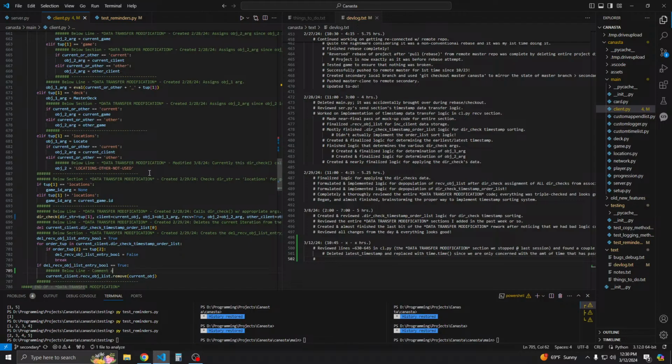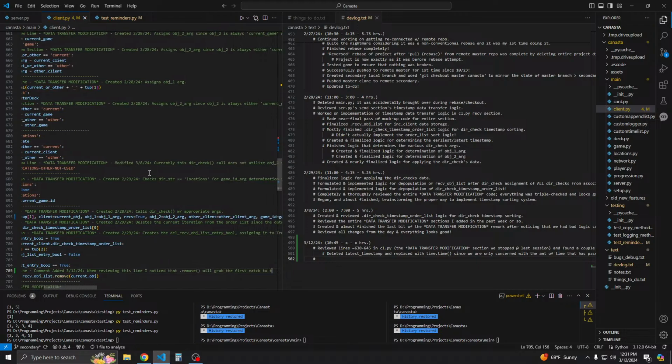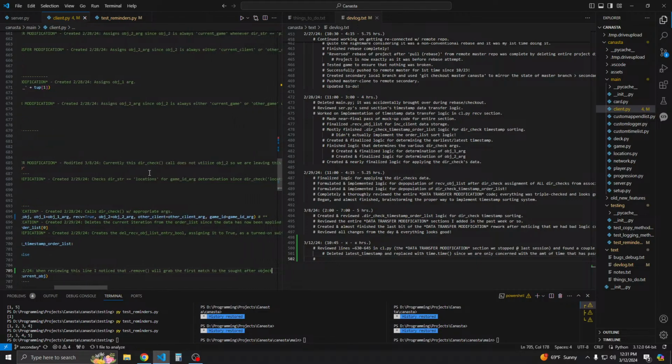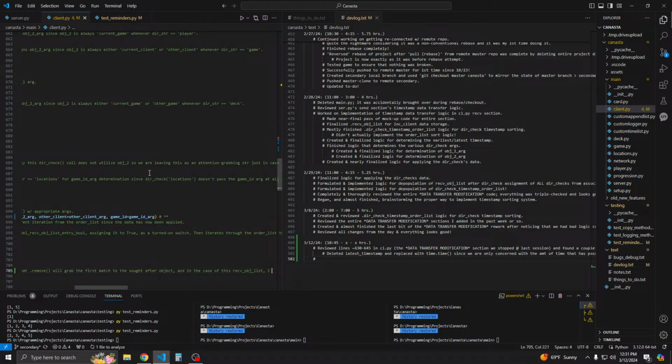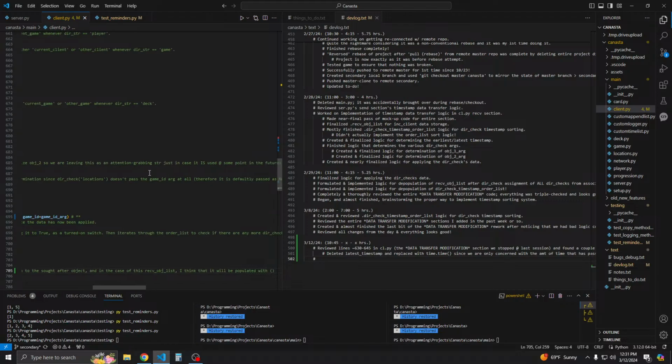So we'll say below line comment added 3/12/24, and then we'll put: when reviewing this line, I noticed that remove will grab the first match to the sought after object, and in the case of this receive object list, I think that it will be populated with, let me just say, client object at memory 0 or x01